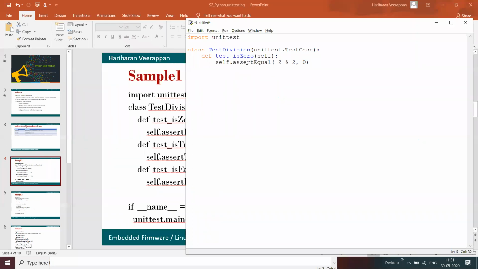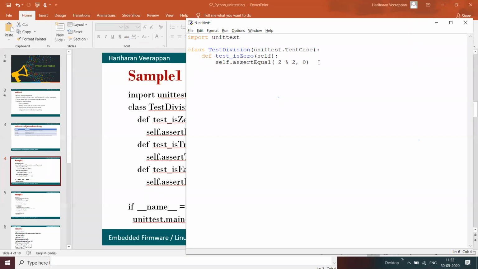Whenever we do self.assertEqual, this is the test case and this is the expected value. 2 mod 2 should give 0 in case of a successful test case. If I give 1, then it is a false test case, because 2 modulus 2 should give the output of 0. Yes, that is expected.